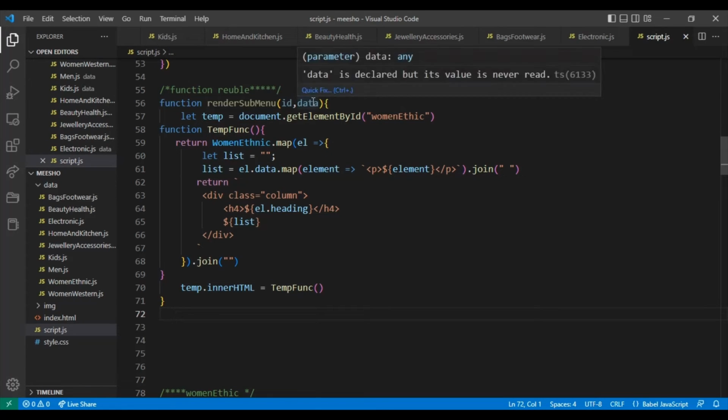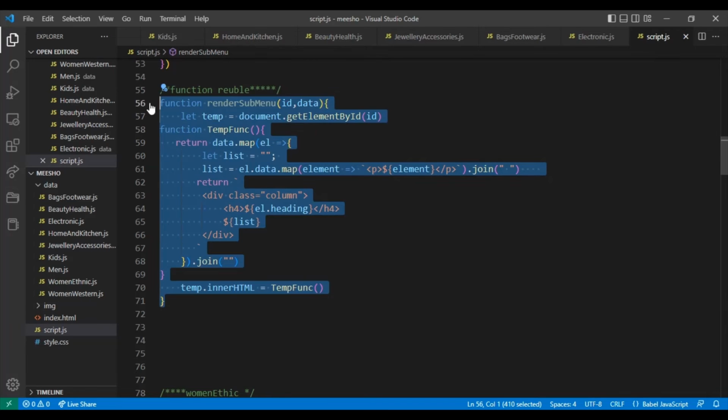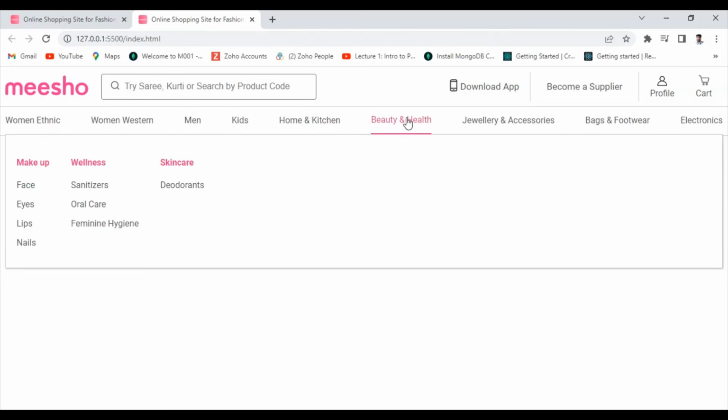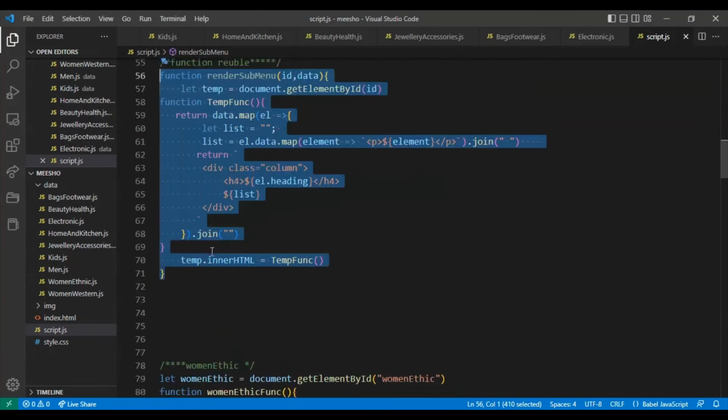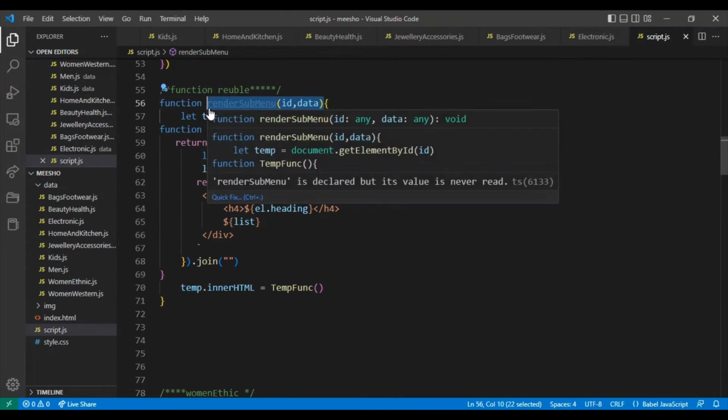Now I want to give this data, copy this data and paste here. Now these two things are done. Now I want to give this id here. Just copy this id and come here. Now this one, we make this function. Now we are doing lots of things one by one, copy and pasting. Now we only write two lines of code. Now see here, just copy this function, come here,